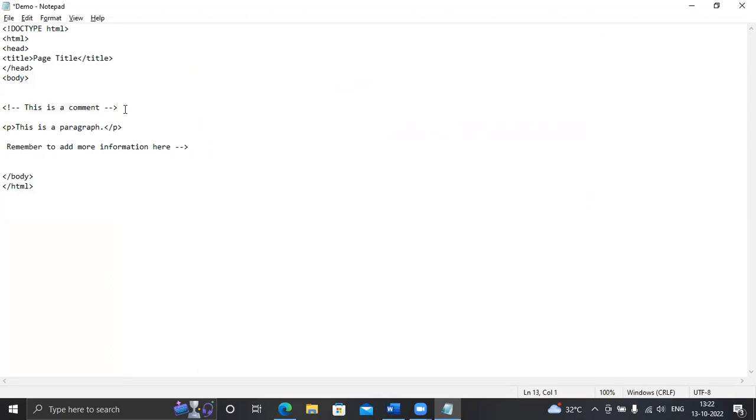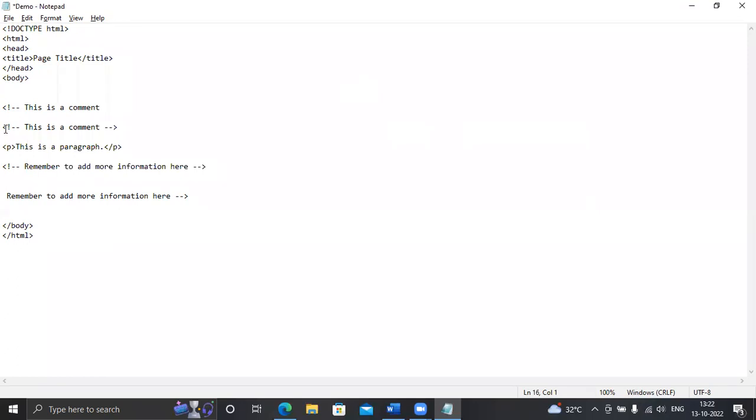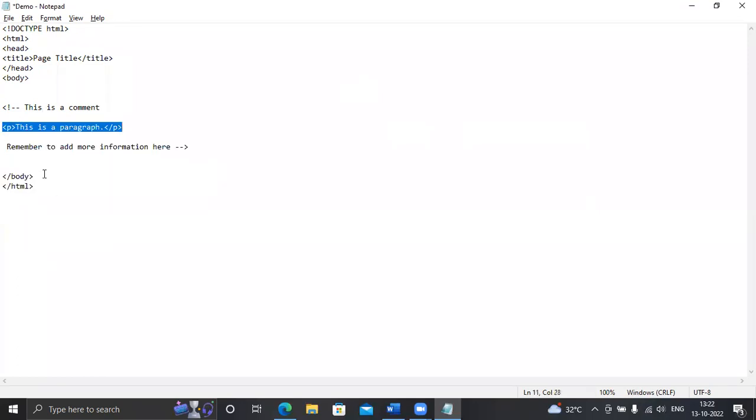Like here, suppose, look within that comment: paragraph tag, this is a paragraph, and this is a paragraph, I have written here 2 times, but after refreshing, it is displaying only 1 time.